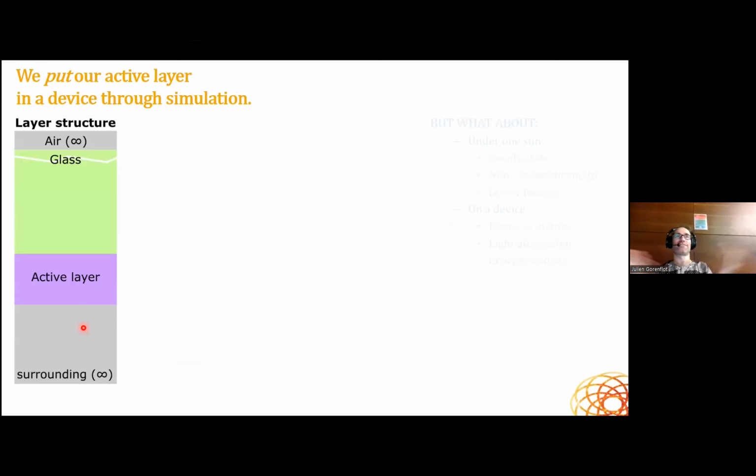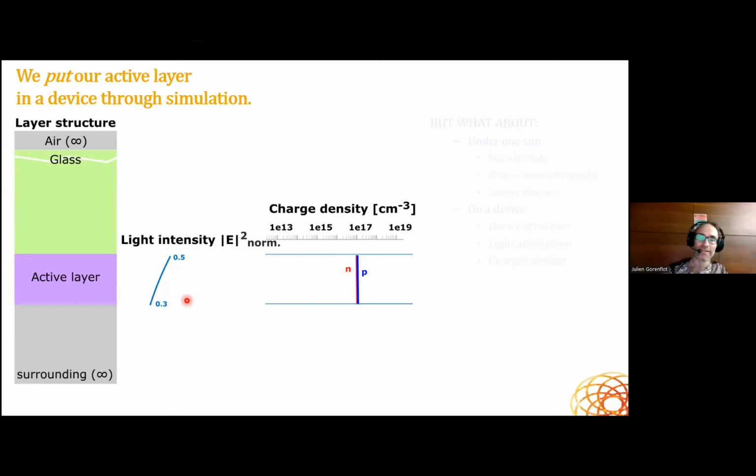So back to TA. This is a TA sample, just glass, active layer on it, and yeah, air or vacuum most of the time. And of course, when you shine light on it, you just have a bare lamp below. You have an exponential decay of your light that it gets absorbed, but still rather simple. And because you don't have injection extraction, it's rather close to safe to assume that you have a homogeneous charge